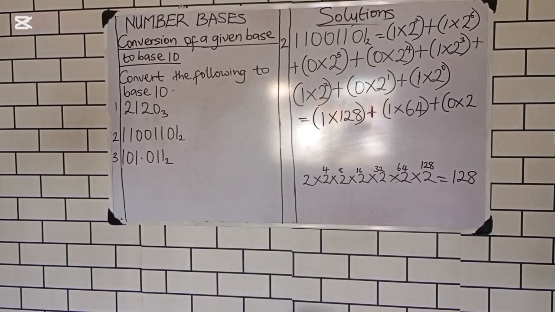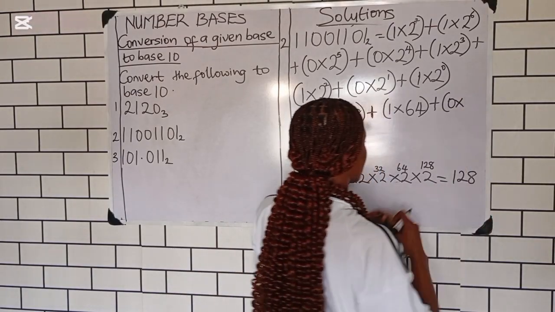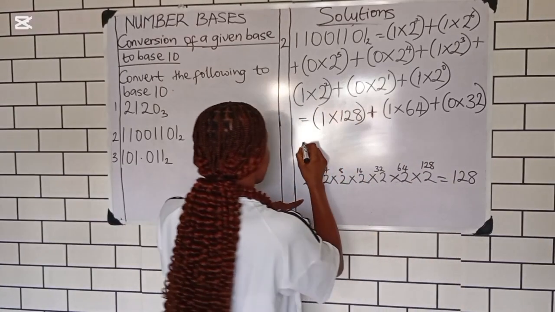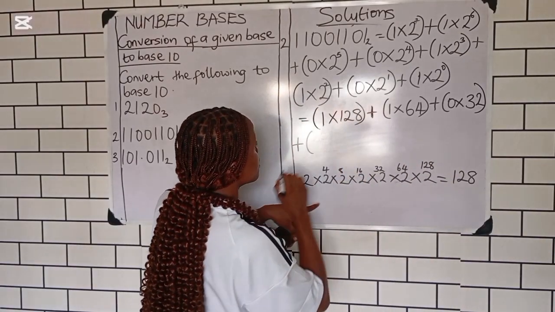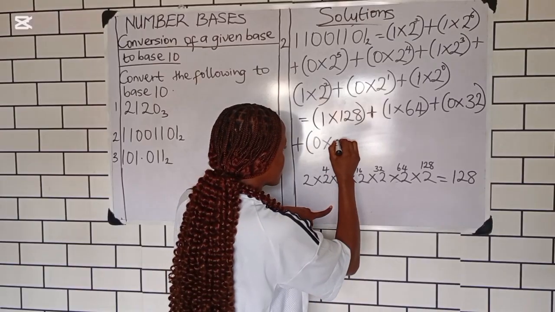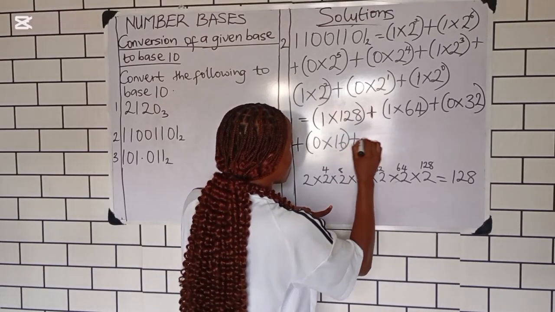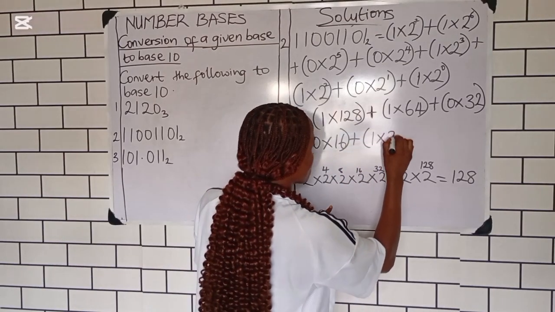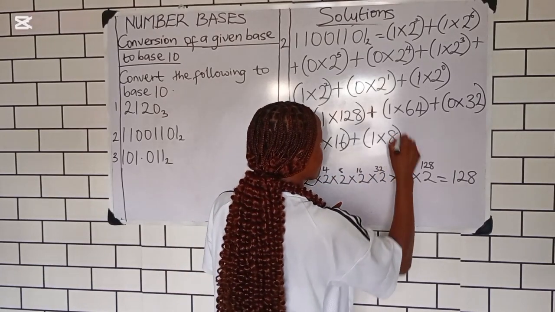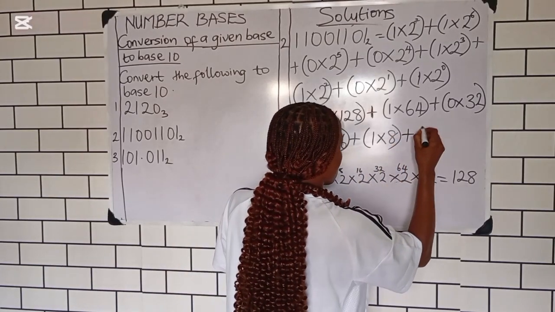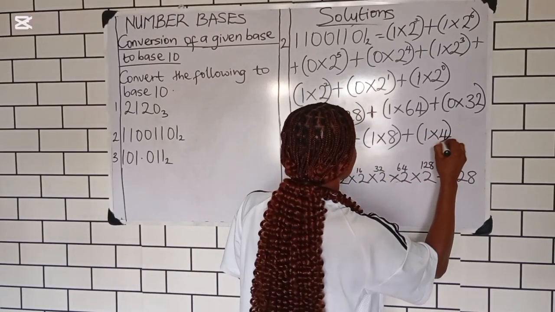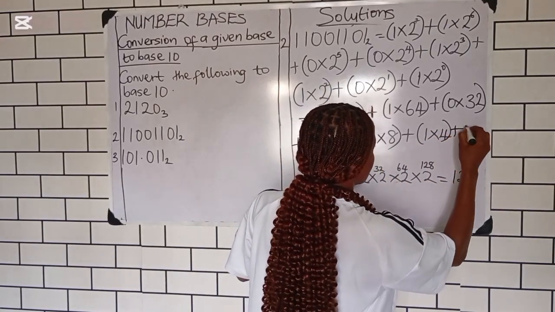You write your 32, close bracket, plus open bracket, 0 times 2 raised to power 4 here should be 16, plus bracket, 1 times 2 raised to power 3 here is 8, plus 1 times 2 raised to power 2 here is 4, plus,